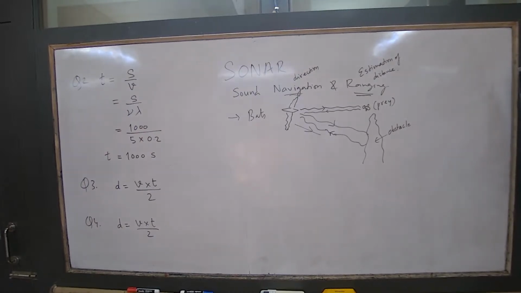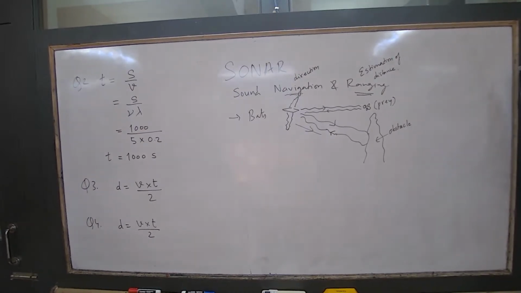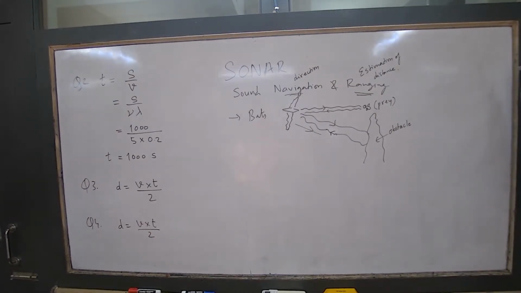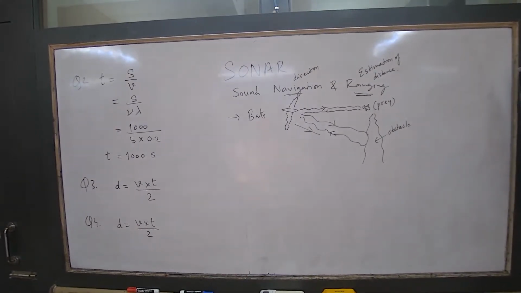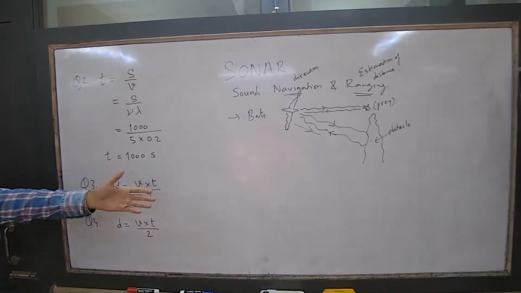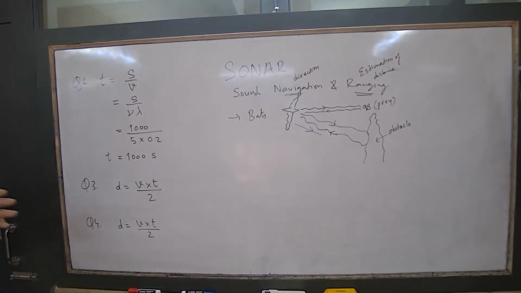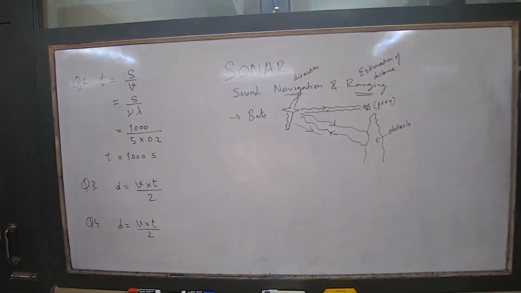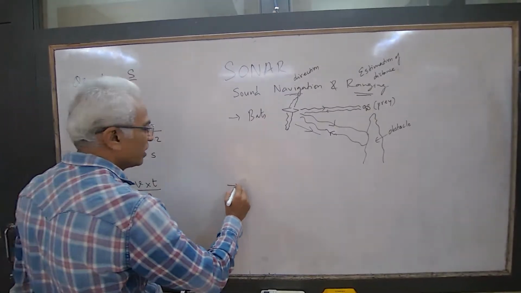So it will change the direction because it can't see. And if it is a prey, it will continue to go and hunt it. The same is followed by dolphins in water. Dolphins also apply sonar. And it can also be used by